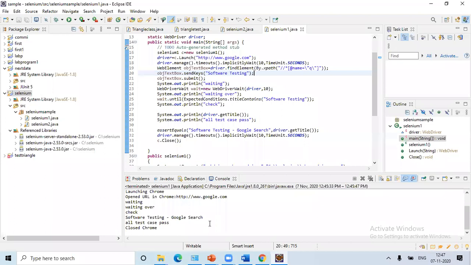Otherwise, if you are doing manual testing, you have to note everything down. With every test case you have to write down, and again after executing, write each and every expected result: this is okay, this is okay, like that. Now you can see directly it is showing when it is waiting, when it is opening, when the test is passing, and everything that is happening. So it's very useful in real time, right?